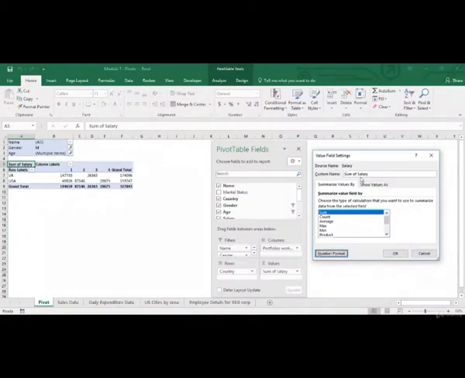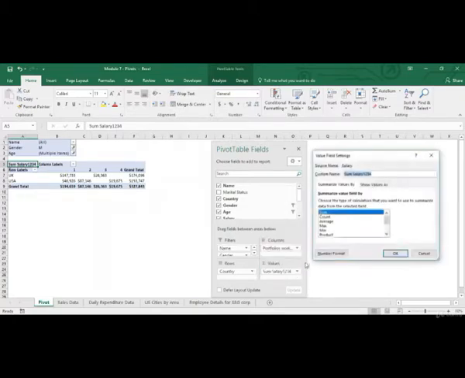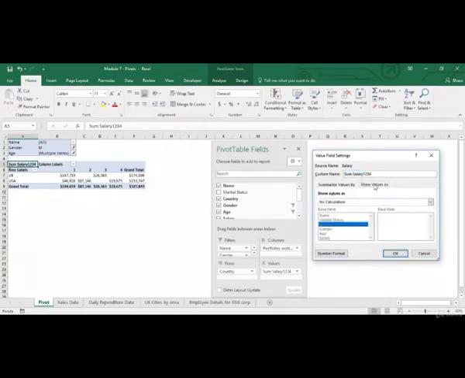Now I can also change the name. Over here it's appearing as sum of salary, and over here also it's appearing as sum of salary. Let's remove "of", but you can name it anything you want, 1 2 3 4. Let's click on OK. So now it's showing us sum salary 1 2 3 4, and over here also the name has changed. Now when we click on value field settings, we've got these two options over here, summarize values by and show values as. So now let's look at these options.